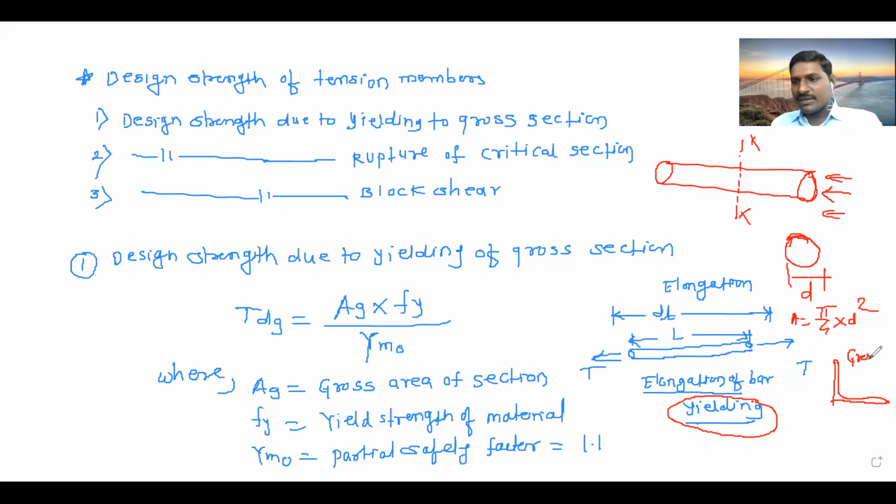If we take one more example, second. Now gross area. Here how many legs are there? These are the two legs, having this depth and this width. So gross area AG is equal to the area of this leg and the area of this leg. Addition of these two legs is nothing but your gross area, the total area of this particular section.